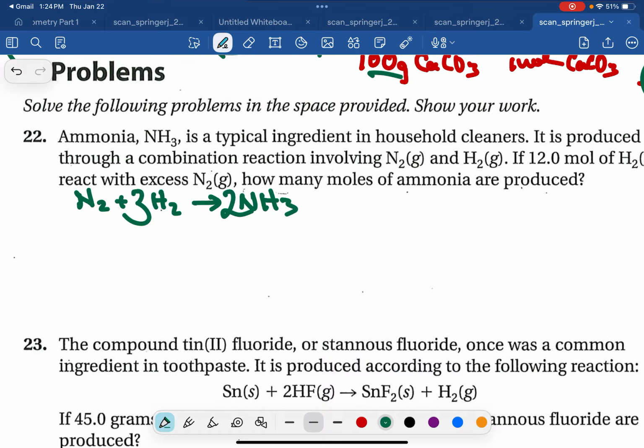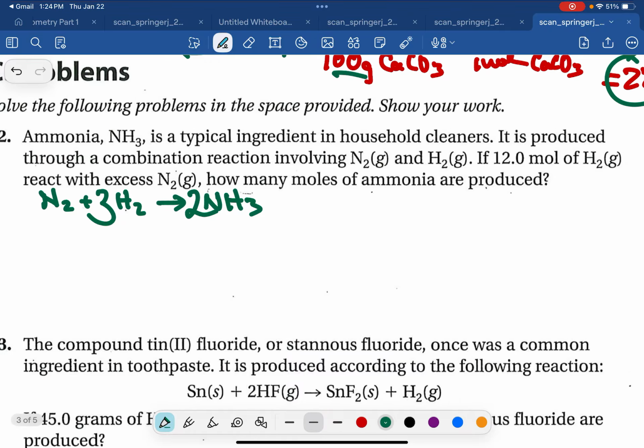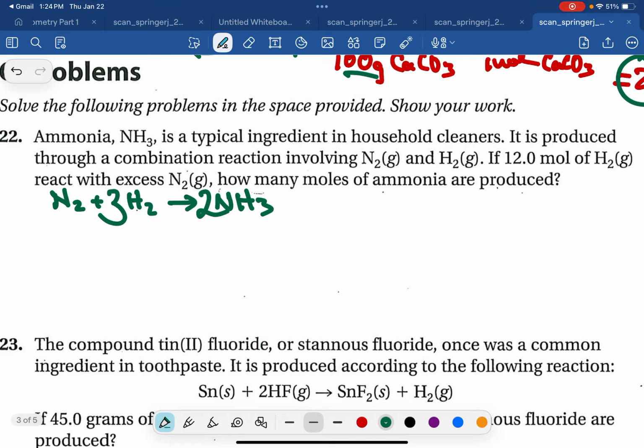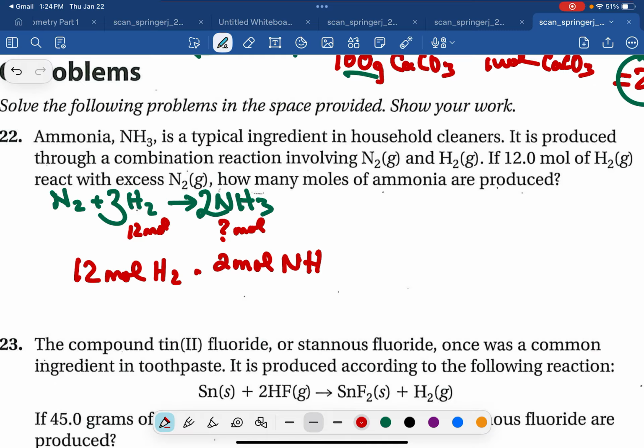So if we've got 12 moles of H2, we don't know how many moles of ammonia are produced. Now, since it's moles to moles, we don't need any molar mass. We just start with our 12 moles of H2, times 2 moles NH3, which is the find, over 3 moles H2,